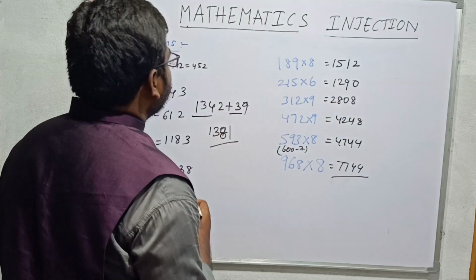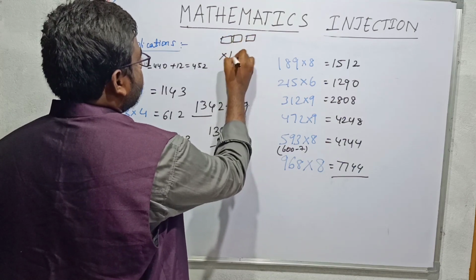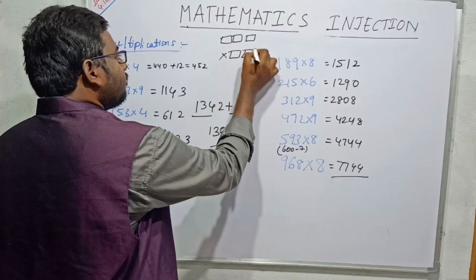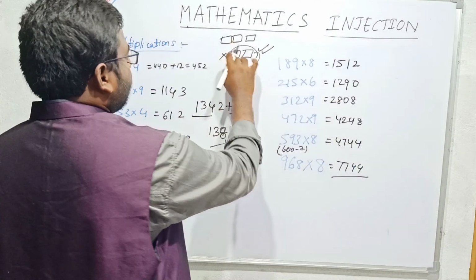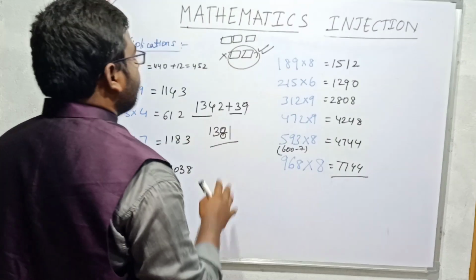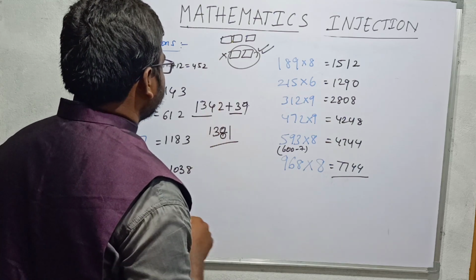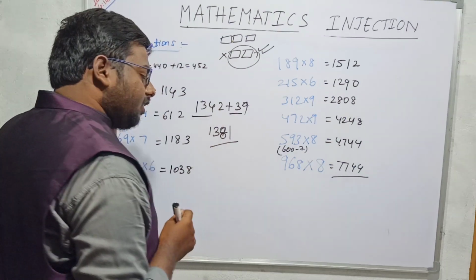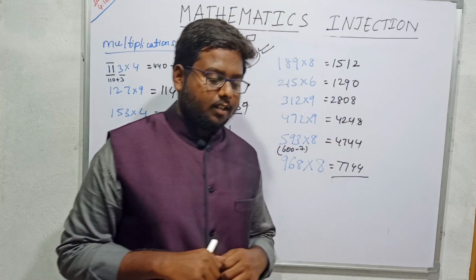Let us see the case of multiplying a 3-digit number with a 2-digit number, where this 2-digit number is known to us. That means if we know the 17 table, 18 table, or any table like this, we can multiply without touching the pen. We will see that method. By practicing more and more, we can be more at ease and comfortable in it.